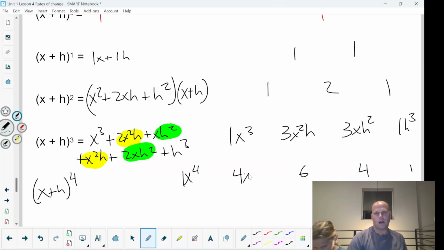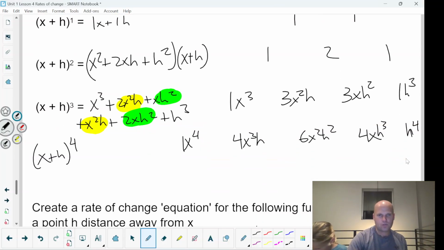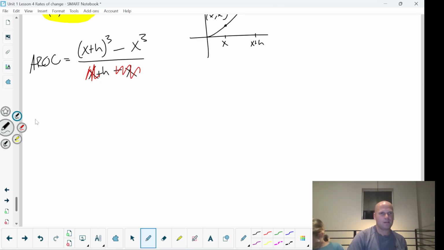Then I'll have x cubed, x squared, x, and then the x's are gone. Meanwhile, the h's will be gone, but then they'll start showing up. H squared, h cubed, h to the 4th. Okay, so Pascal's triangle actually helps us so that we don't have to do all the work by hand,